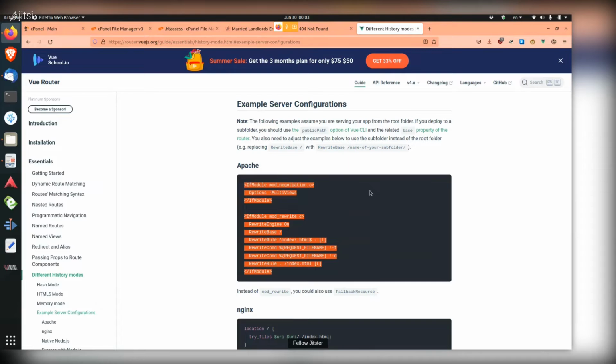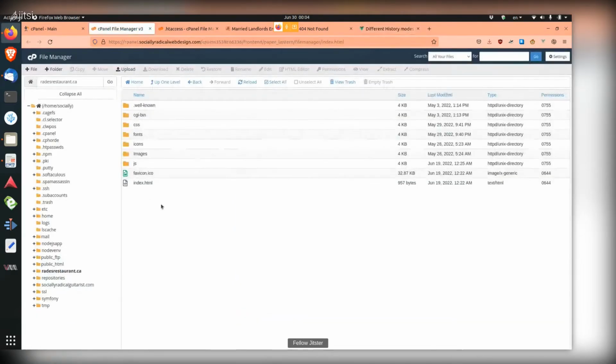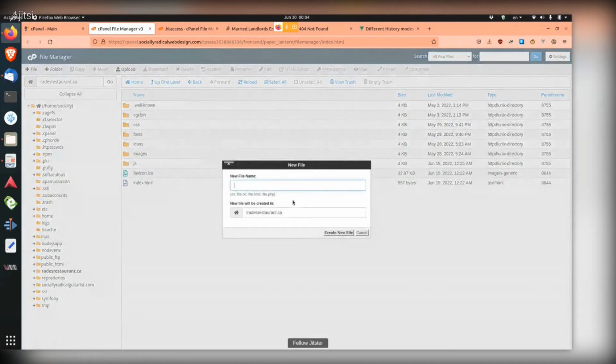If your single page application is on a subfolder from the root, then you have to rewrite the base here. So you'd have to change that to whatever your subfolder is where your index HTML page is. But in this case, you don't have to make any changes or any configurations. So you can just go here, add a file, add an htaccess file,